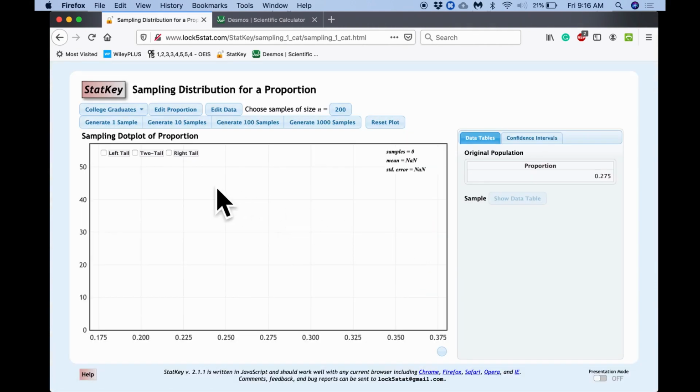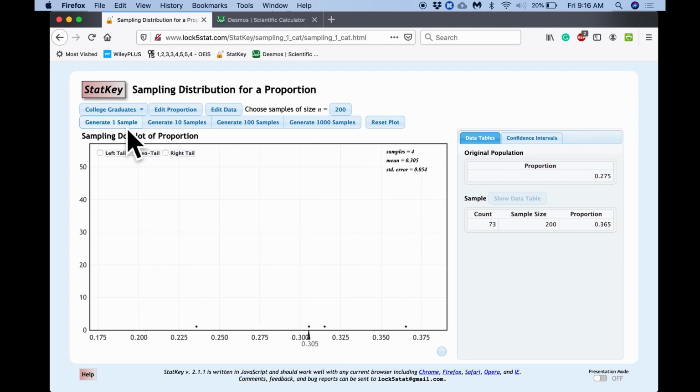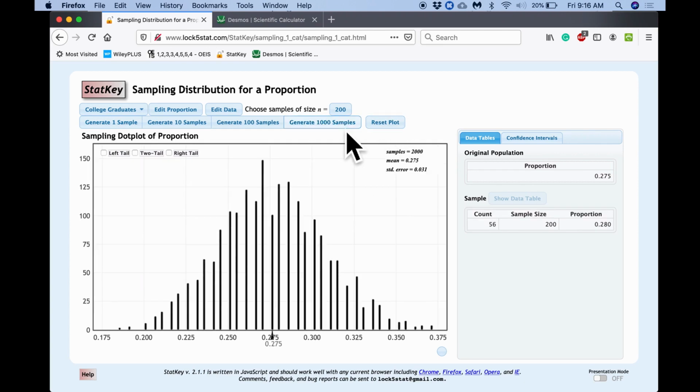And now just to get familiar with what's going on here, when I generate a sample, I'm now pulling 200 members out of the population. In this case, I'm counting 63 had a college degree, and so I'm getting a proportion, a p-hat of 0.315. Again, when we generate samples one at a time, we're always pulling 200 people out of the population, and we're getting the proportion within that, the p-hat calculated within that sample size of 200. Okay, so let's reset the plot. Now we're going to generate thousands of samples,